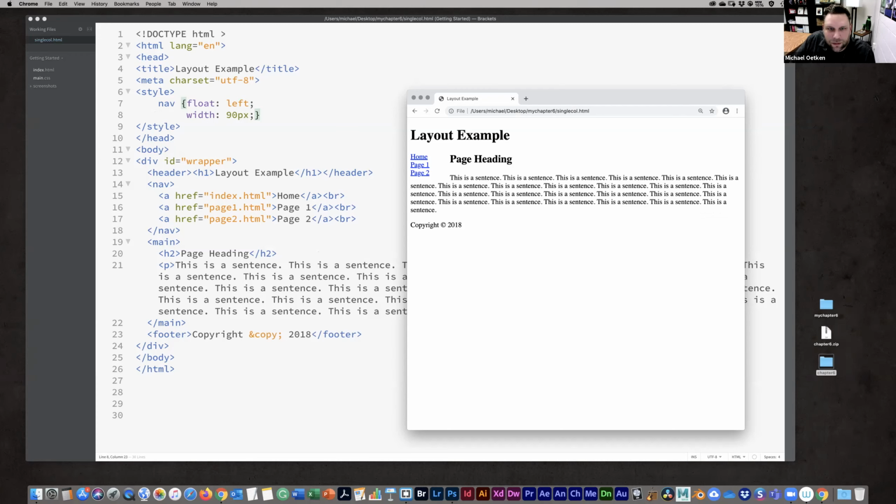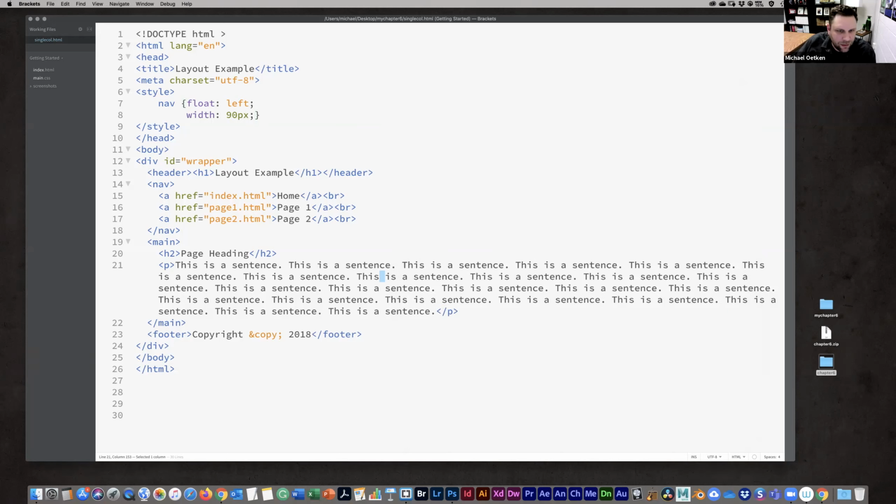All right, so we're kind of getting there. We got the nav placed vertically now. We got a little bit of space here to the right side of where our nav links are, because we were floating those left, and so that's going to make everything else wrap around them. But now we need to get it to look like figure 6.17 in the book.